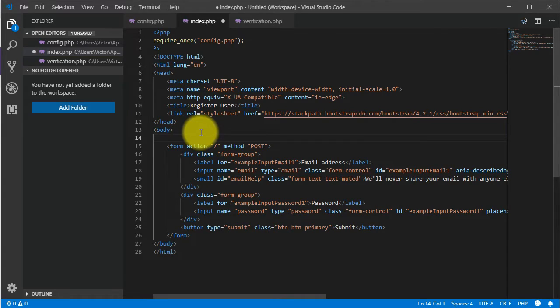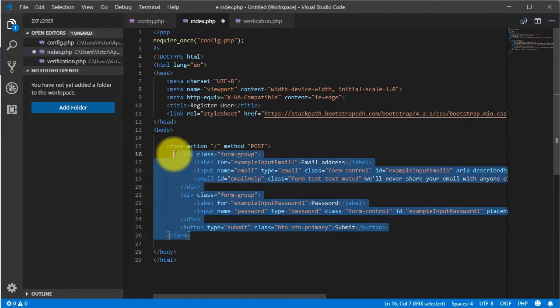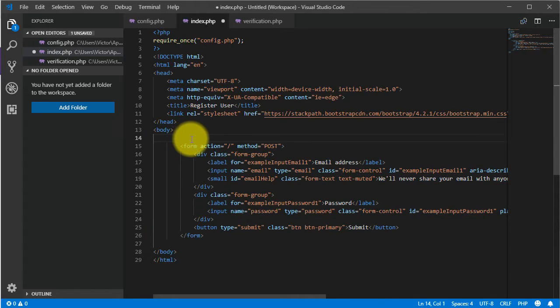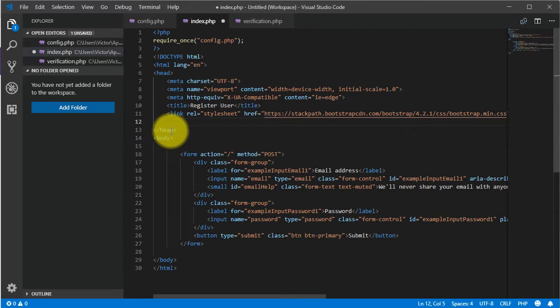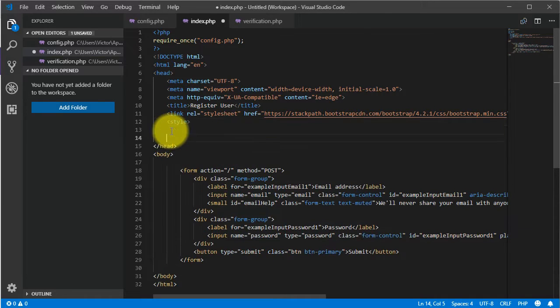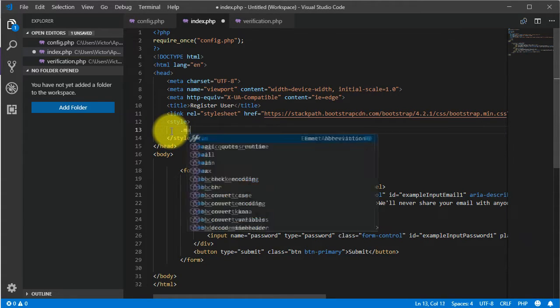And we want to add another container here because this form is going to be full width right now. It's going to be all over the page, so I want to make it so it will be aligned at the center of the page, and give it a 500 pixels width. So here we will have a style tag. I'm just gonna insert a little bit of CSS in our HTML page, and here we will have a class which is gonna be the